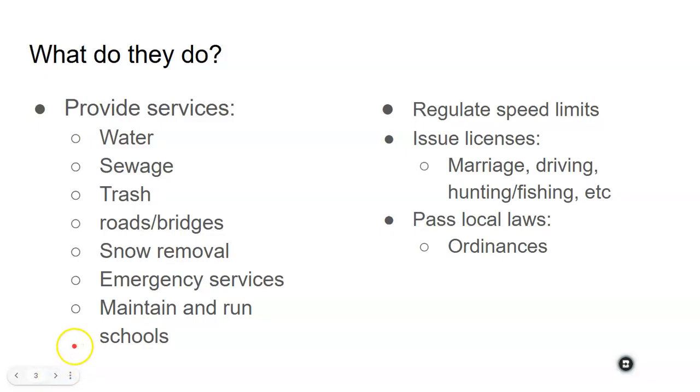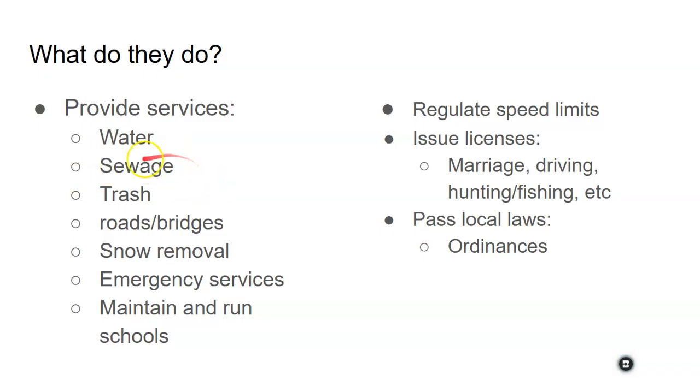So what do all of these governments do? Well, these governments don't all provide the exact same things, but especially the more local the government, the more local to your life and the things that you do every day. So, for example, local governments provide water services. If you live in town, you will have a water treatment plant to make sure that everyone is getting clean water to drink. If you live out in the country, you may not. So specifically, I do not, and I have a well under my house that gives me water.